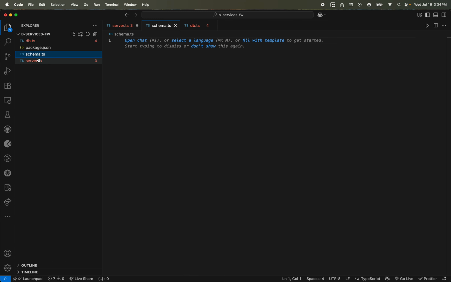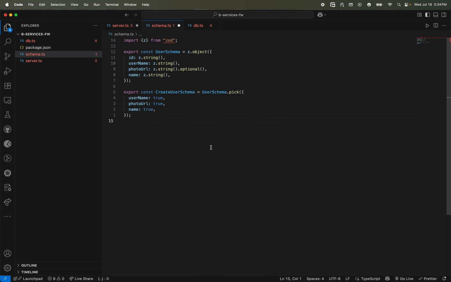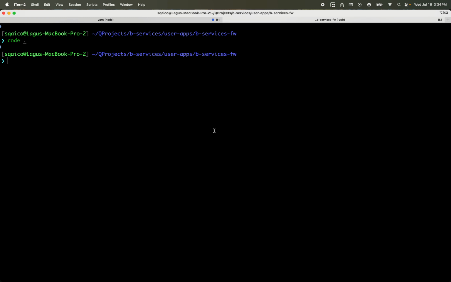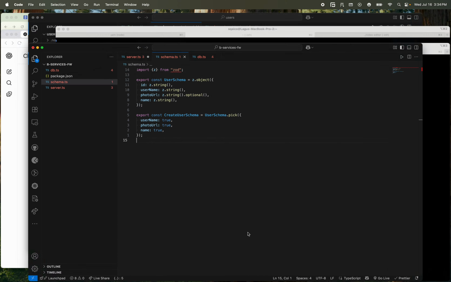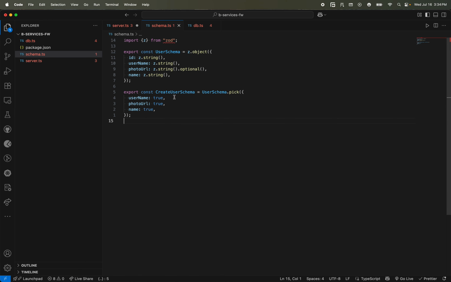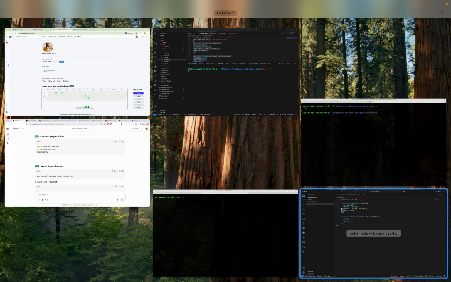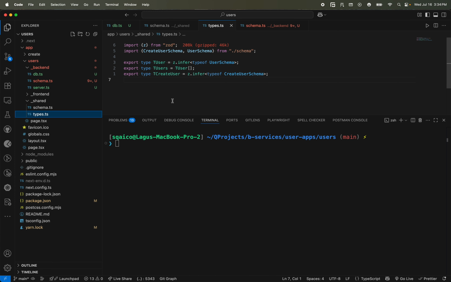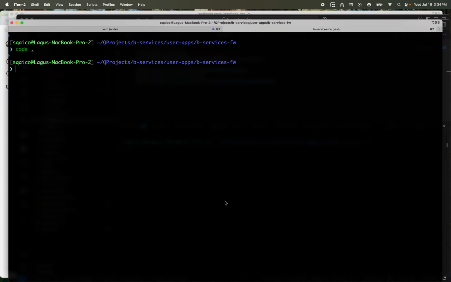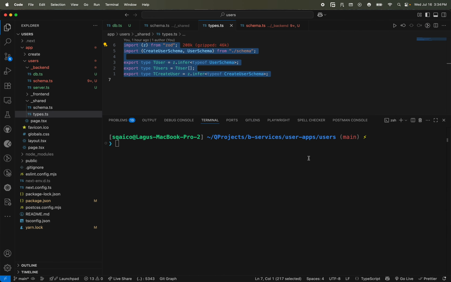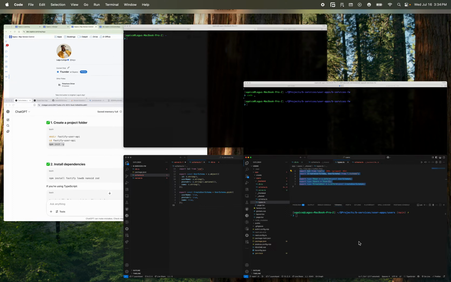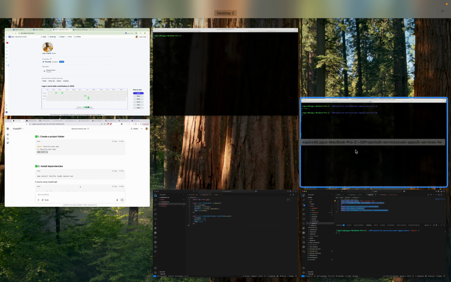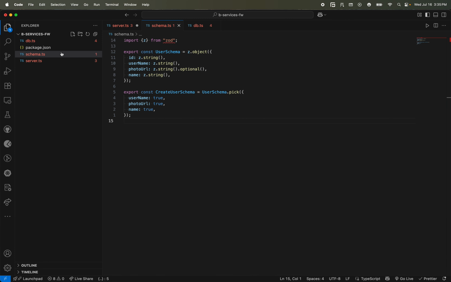Then we would have to put this here. We also need to install Zod there, and of course we also need the types. Let's see, not that one, this one, is it this one? So this one, yeah, so we need the type,